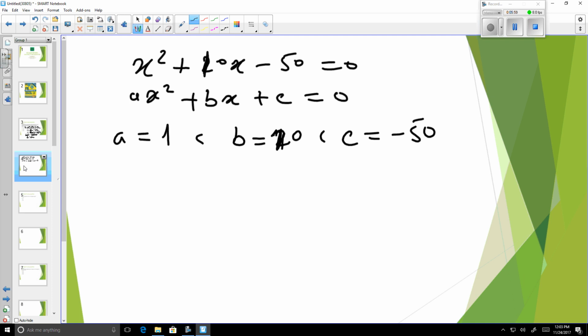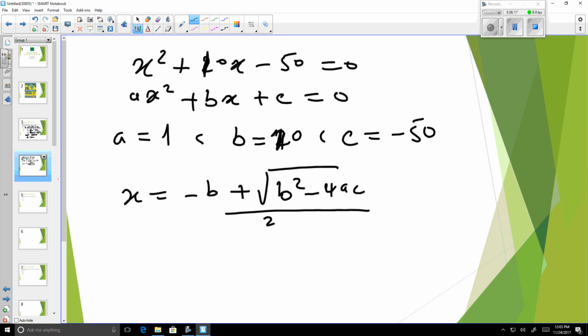Now, if you find the roots for this quadratic equation using the formula, it will be x equal to minus b plus or minus the square root of b squared minus 4ac, divided by 2a. Okay, so we have a equal to 1, b equal to 10, and c equal to minus 50. So if we do that, the positive value of x will be 3.66 meter,